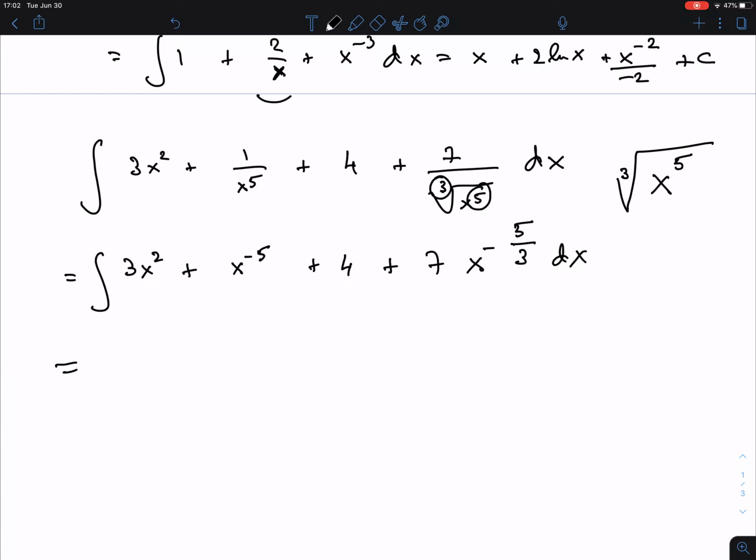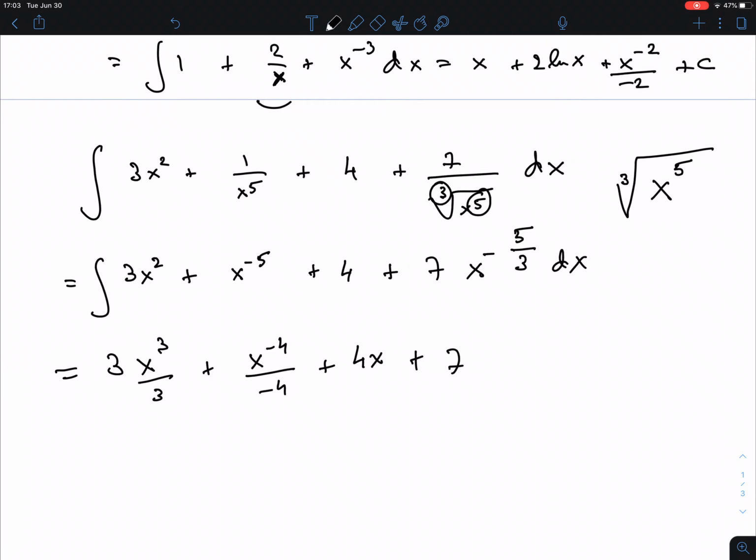Okay, and now we can antidifferentiate. 3, this is the constant 3, and then we add 1 to the exponent, divide by it. Add 1 to minus 5, that is minus 4, divide by it. Sorry, I said constant in power. This is just 4x, don't forget that it's a constant, and the antiderivative of a constant is 4x, right? If you take the derivative of 4x, you get 4. And then the last one, add 1 to the exponent, so minus 5/3 plus 3/3 is minus 2/3